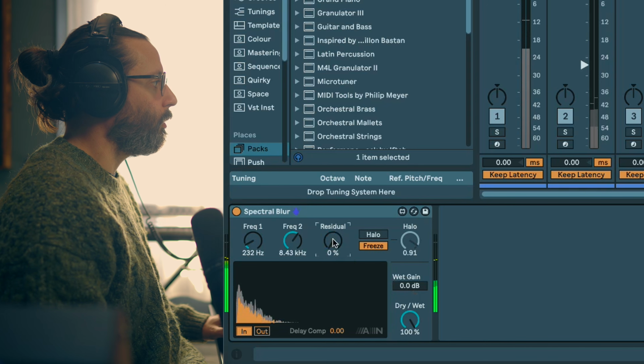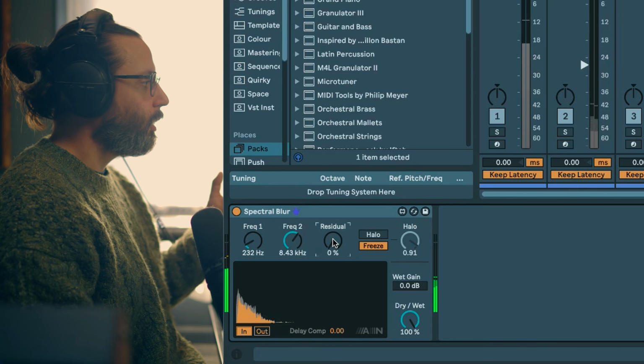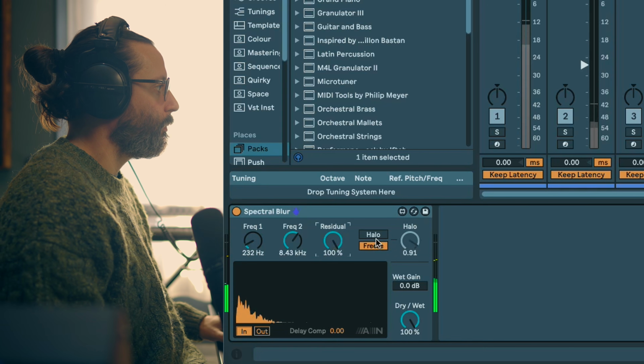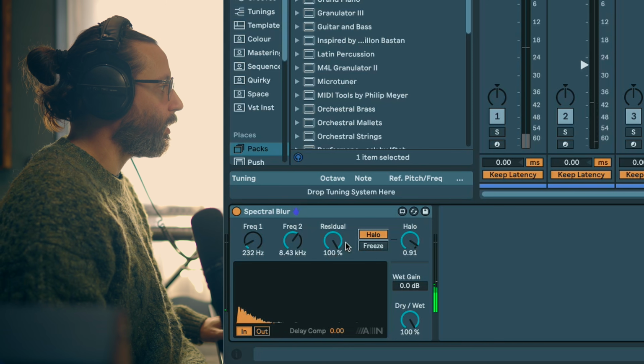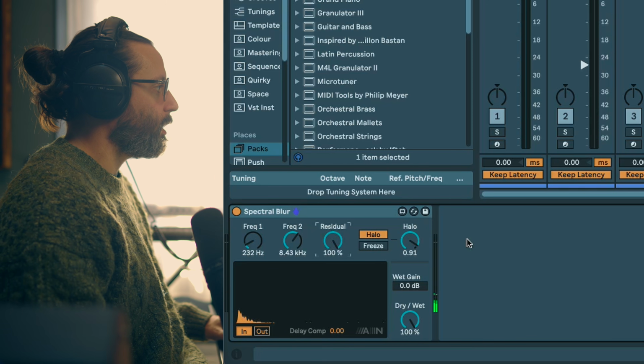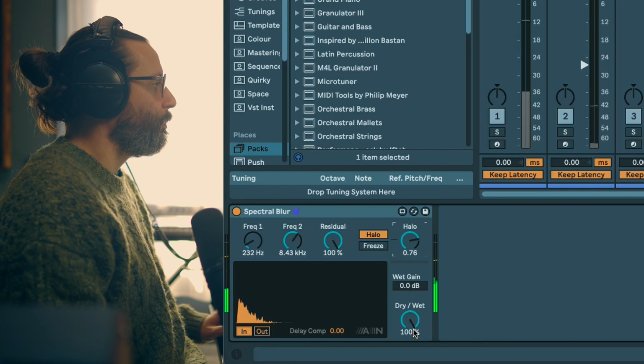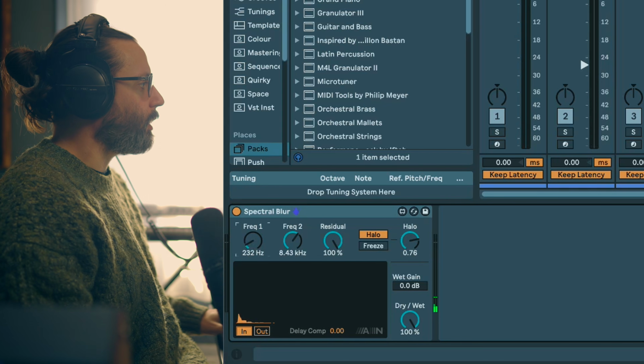So if you don't want to have the dry one, you need to bring down the residual, which works better, I think, with freeze if you have residual down. We're gonna keep the halo like this, maybe reduce it a little bit. Here I haven't filtered it a lot, but